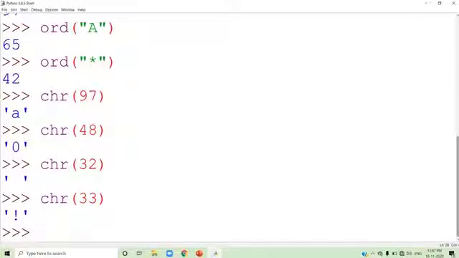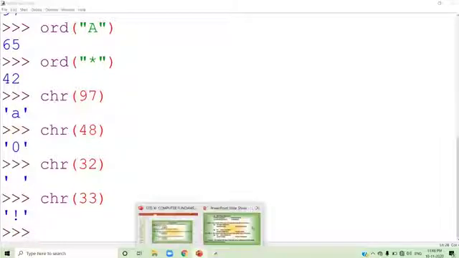One is len, which is used to find the number of characters present in the string. Second is ORD, which will return the ordinal value of the given character. And the third one is CHR, which will return the character for the given ASCII value or ordinal value. So these are the main functions of strings.